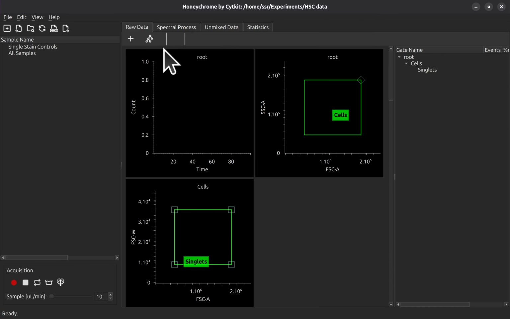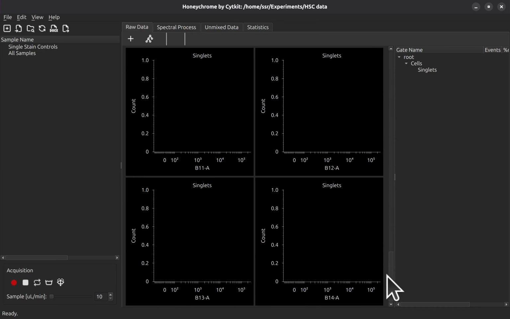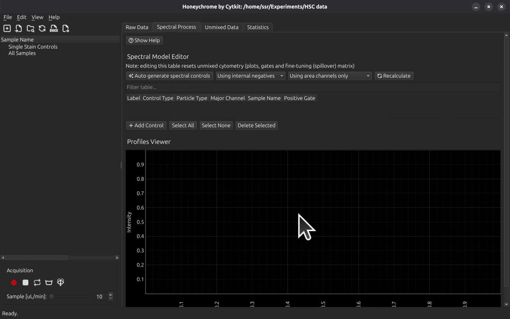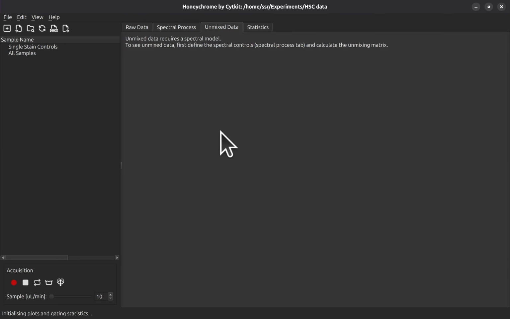So you see these three tabs. Raw data is just what the instrument measured. Spectral process will be the list of controls or the assignment of channels if it's conventional cytometry. And then the unmixed data, once you've defined the spectral process, will show your fluorophores that you'll do your cytometry